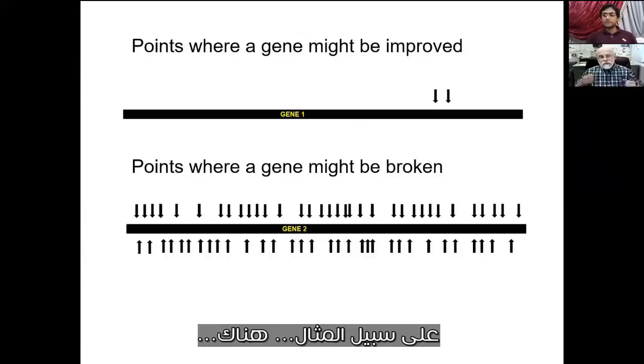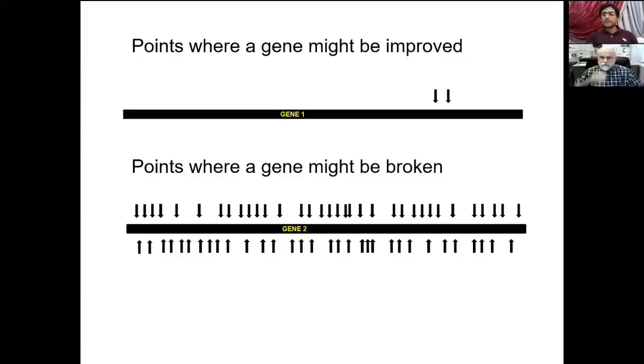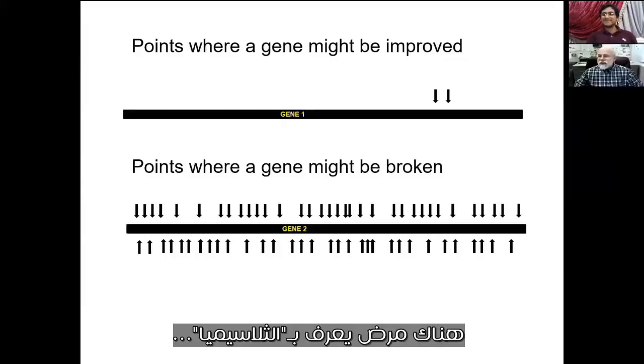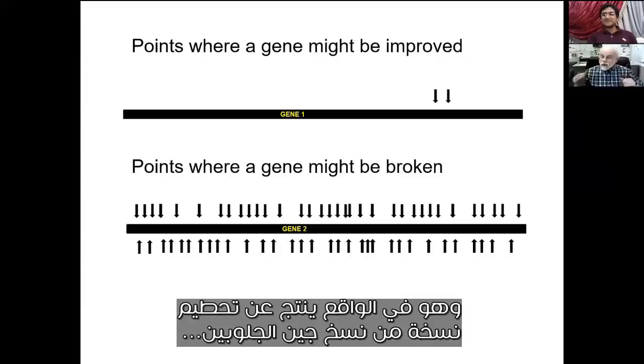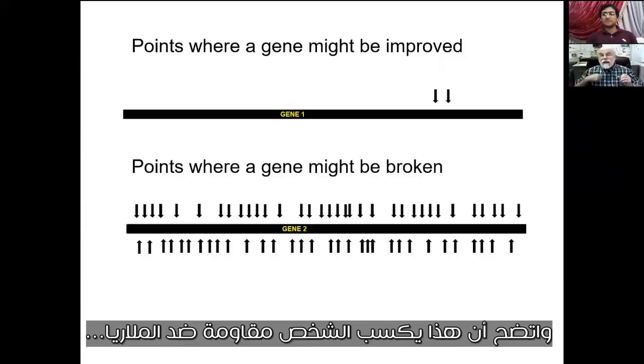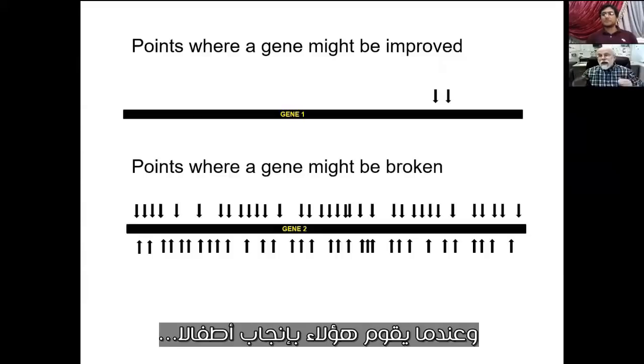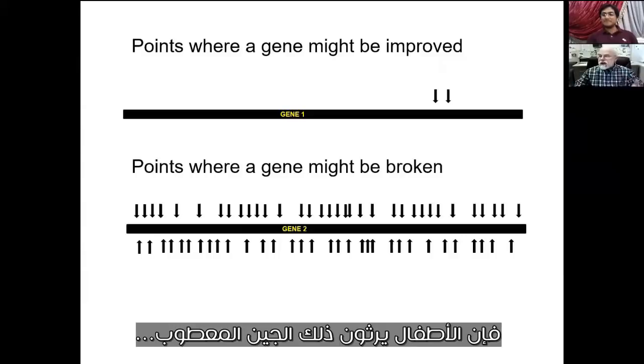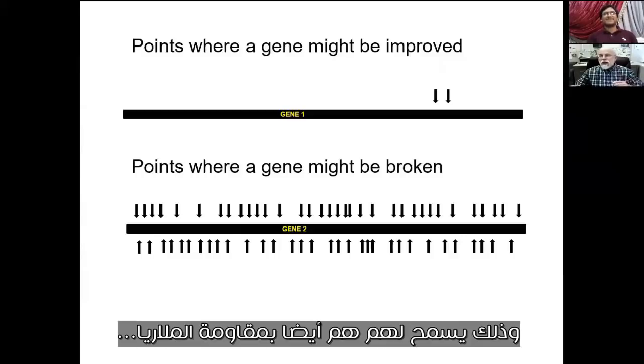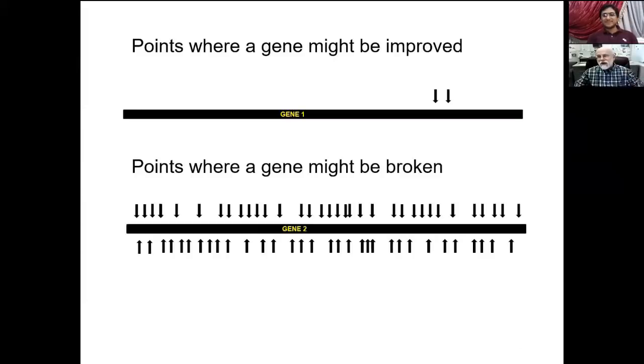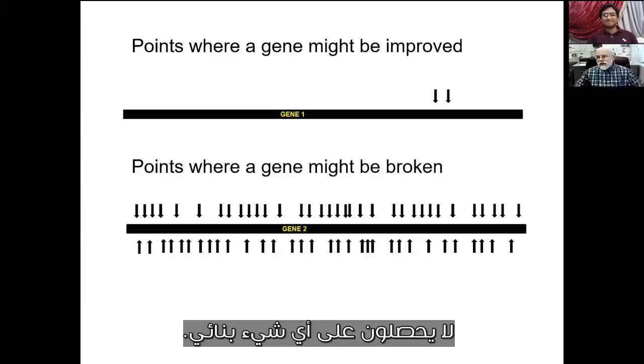For example, there's a disease called thalassemia, which actually results from breaking one copy of a globin gene for hemoglobin. And it turns out that gives the person resistance to malaria. And when they have children of their own, the children inherit the broken gene, and that allows them to be resistant to malaria too, but they're getting a broken gene. They're not getting anything